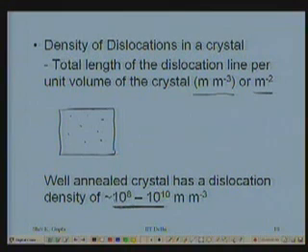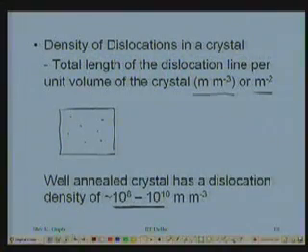If I have 10 to the power 8, which is usually more than that, 10 to the power 8 meters means 10 to the power 5 kilometers. It's 0.1 million kilometers, the length of the dislocation line in a cubic meter of the crystal, right? It's not a small length, but the total volume which it is affecting, I said, is still very small, right? Despite this length, the total volume it is affecting of the crystal is very small. Alright, then we stop here and start from here in the next class.